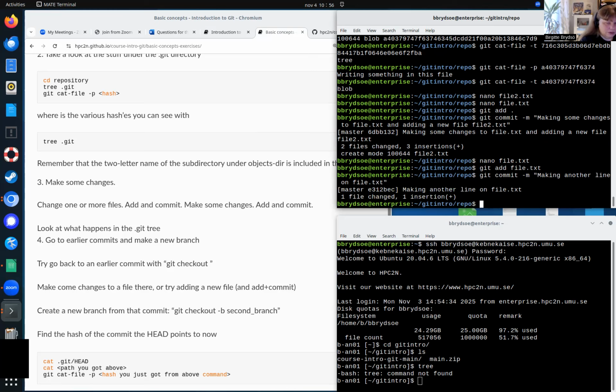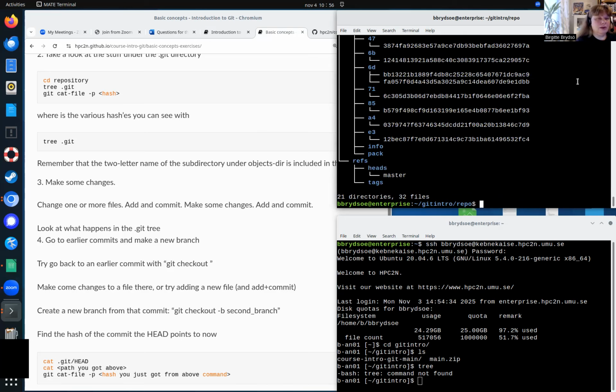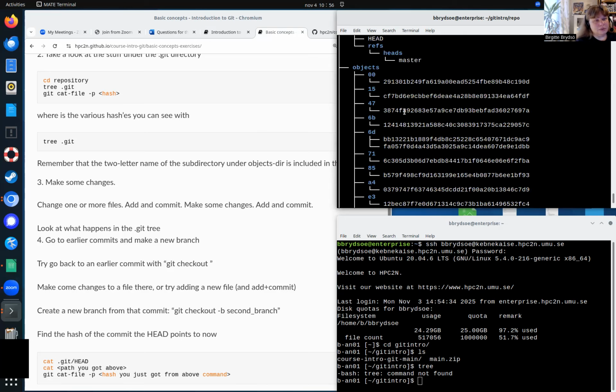And now let's look at the file tree. And now you can see there's a lot more